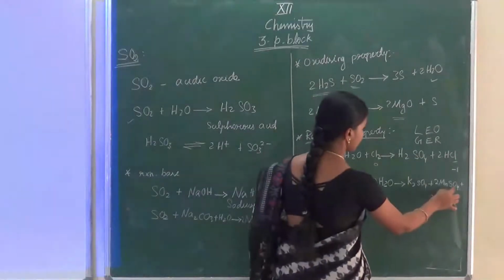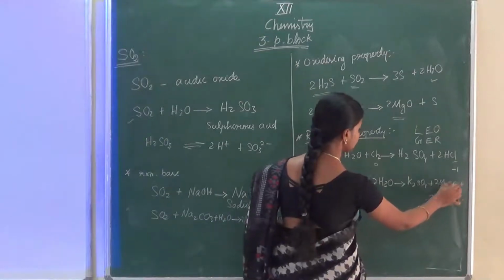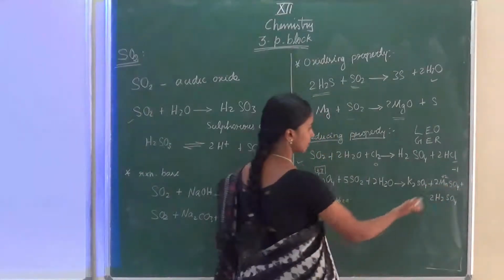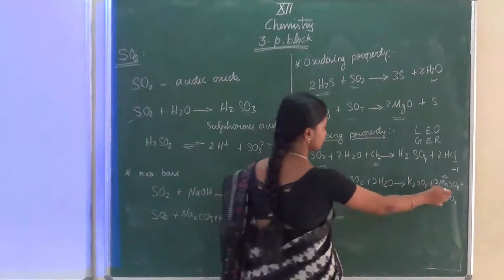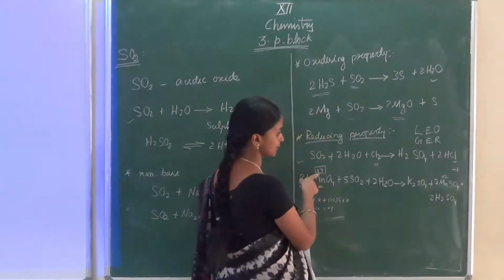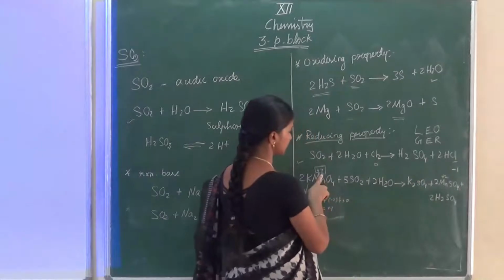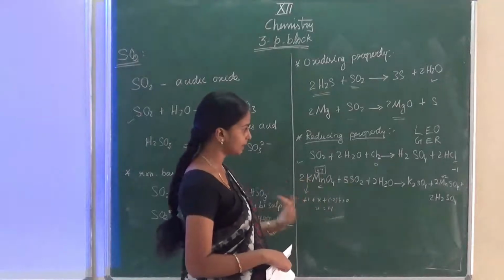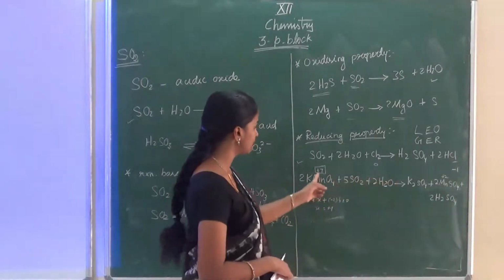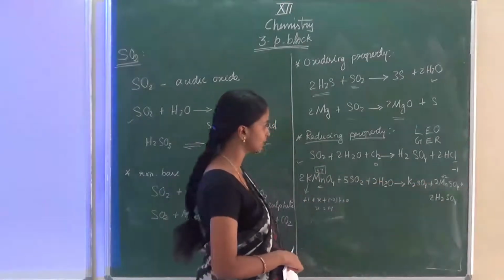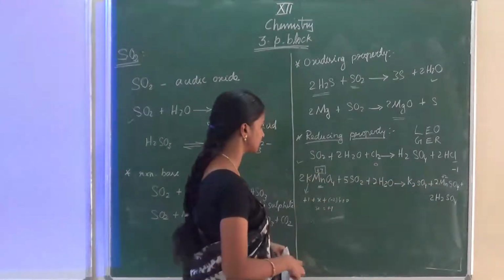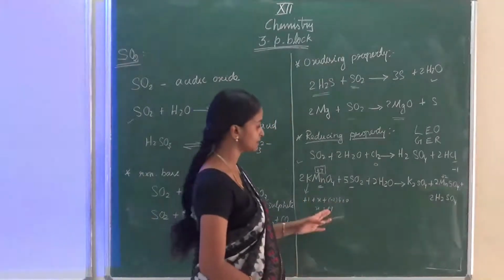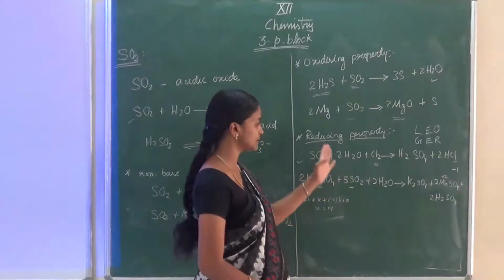Here in manganese sulfate, SO4 is 2 minus, so surely Mn is in the +2 oxidation state. Without working also we can say manganese is +2. If you notice, it is +7 and it is +2, so actually it has gained 5 electrons. If it gains one electron, one minus charge is added, so +7 to +2 is reduced. Gain of electron, reduction reaction. So this reaction is also possible by means of sulfur dioxide. So we can say sulfur dioxide is a good reducing agent.